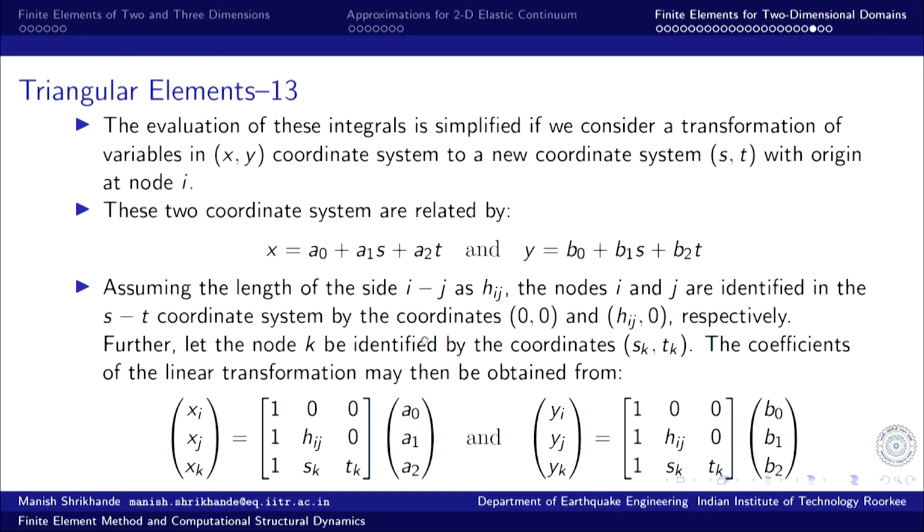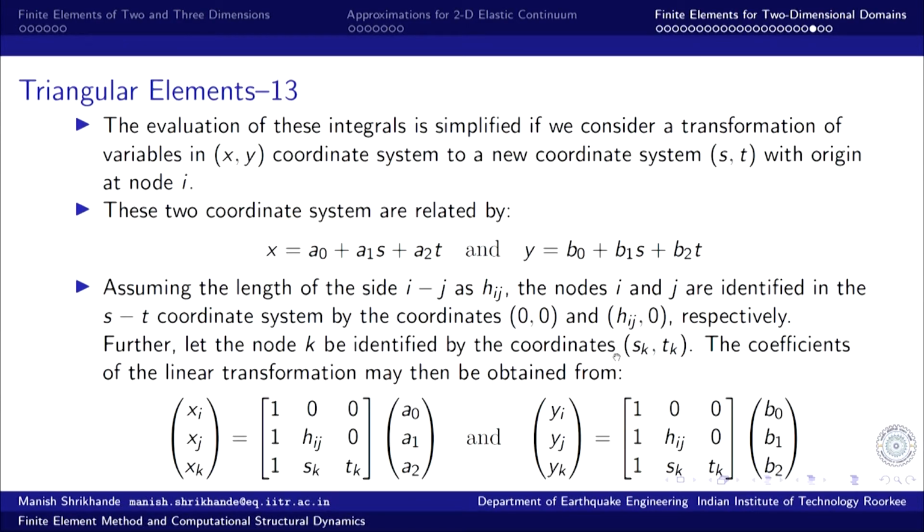So, that is the origin, and then x j again, t is 0 along that line I j, but the s value is equal to the length of the element, and for k we need to define what is the value of node k with respect to the s t coordinate direction, using s t local coordinates. And once we have this mapping, then a 0, a 1, a 2 can be directly computed by taking the inverse or even the forward substitution. It is a lower triangular matrix, so it can be solved easily, even the inverse is not required.